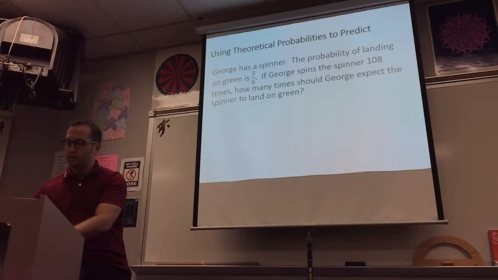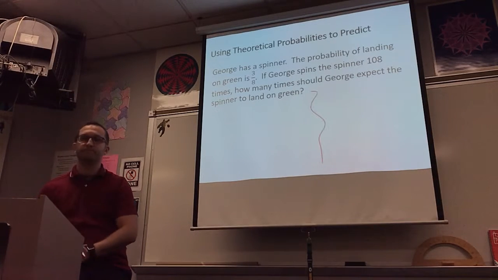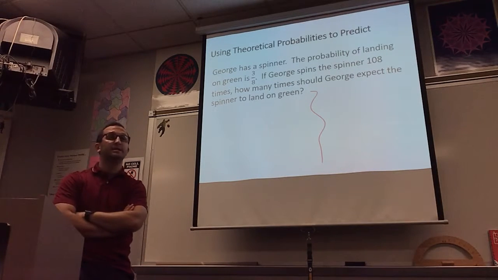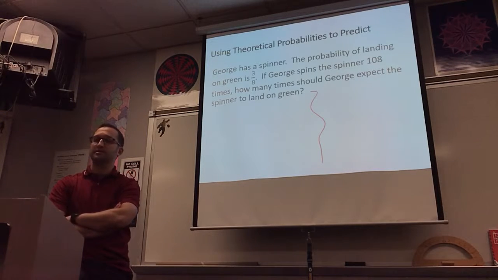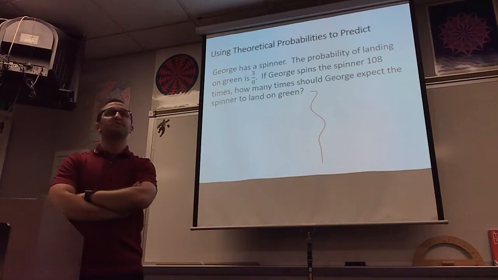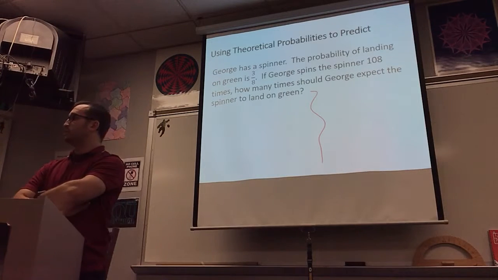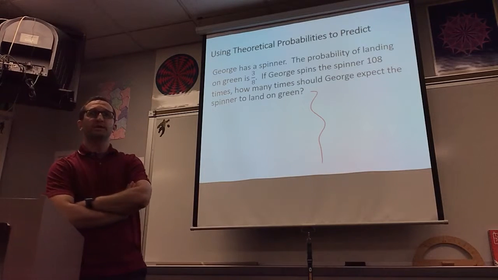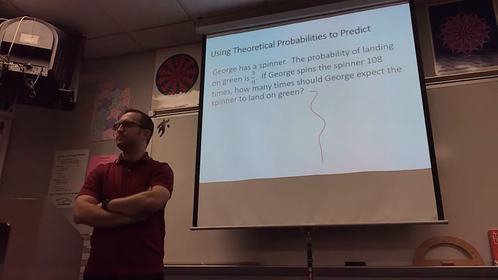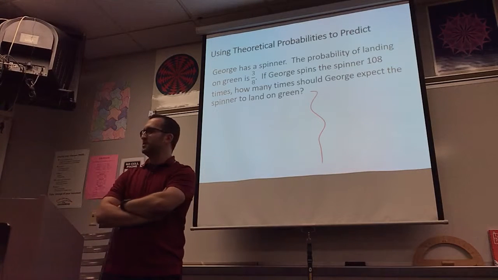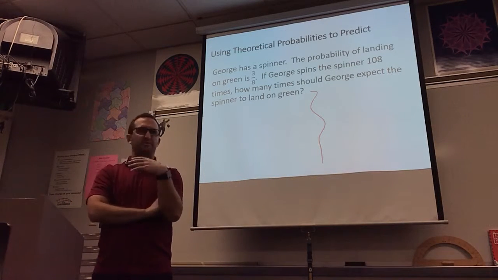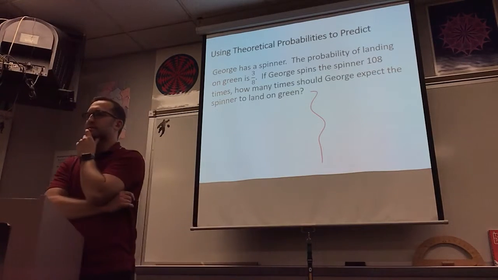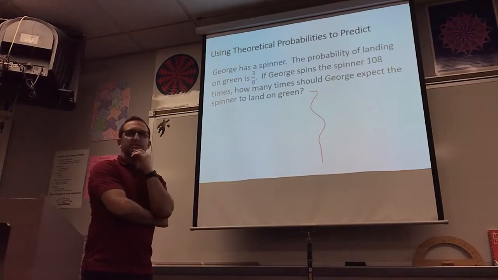There are 2 good ways of doing this problem. Okay? Let's start off just by thinking. If I spin the spinner 8 times, how many greens would I expect? 3. If I spin the spinner 16 times, how many greens would we expect? If I spin the spinner 24 times, how many greens would we expect? Do you see what I'm doing here? That seems like a really tedious way of doing this problem, doesn't it? Adding up 3's until I get the denominator to be 108, that's not a very successful way of doing this. There are better ways to do this.